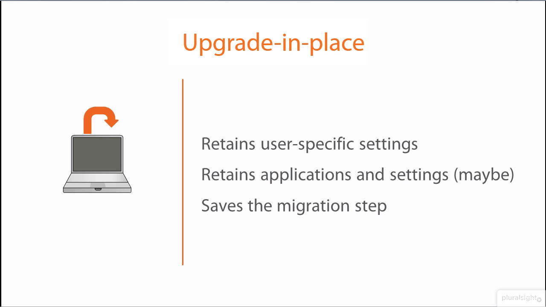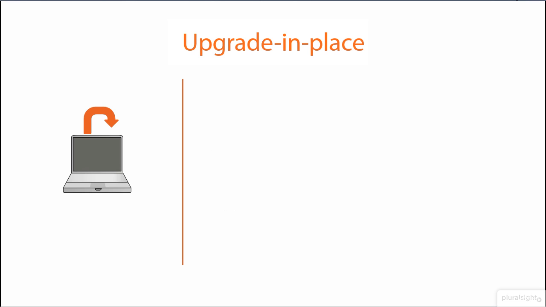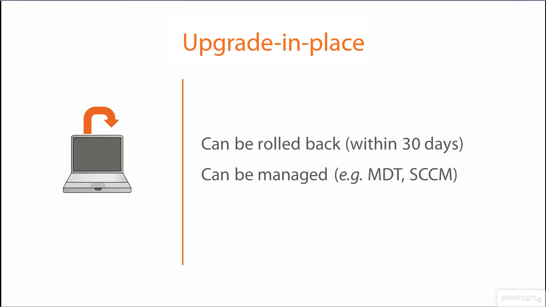If things go haywire in the in-place method, Windows Setup might automatically detect the problem and roll the computer back automatically to the earlier OS. But even if that doesn't happen, the installer can roll back Windows 10 as long as she does it within 30 days. The upgrade can be managed and scripted by enterprise tools, which we'll look at in the next module,